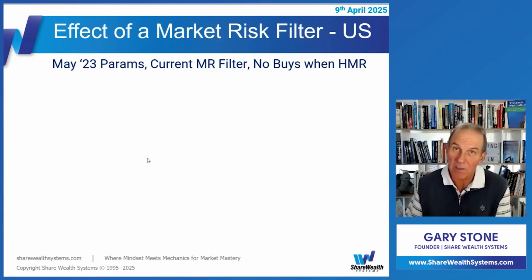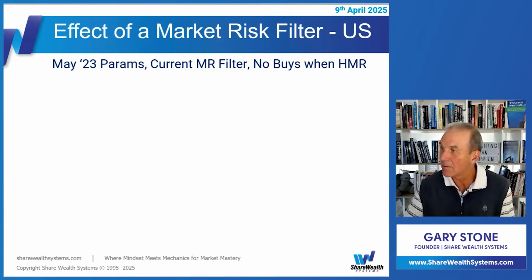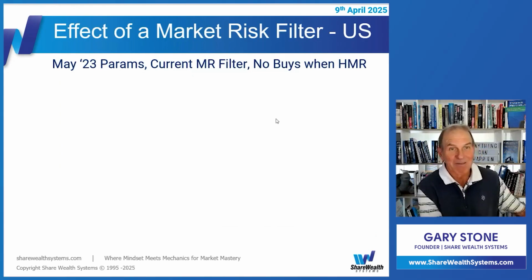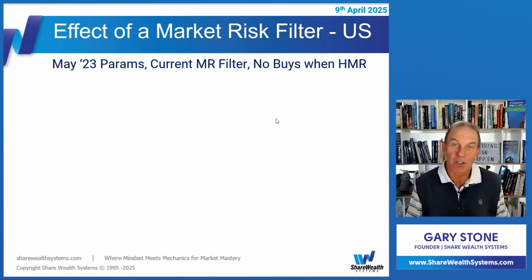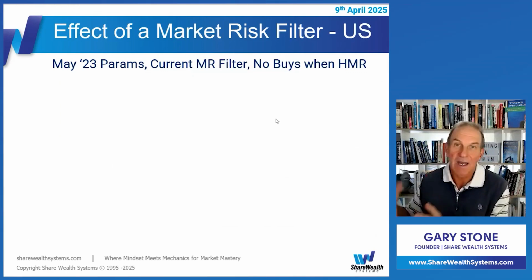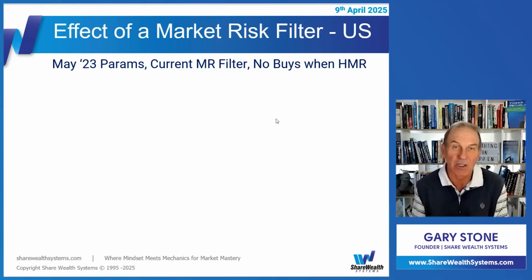Okay, now let's have a look at what I mean by May 23 parameters. Remember, in May 23, we re-researched the SPA3 Investor parameters, and we released those. So what's happened with the public portfolio is we had a set of parameters coming into the first 7 years or so of the portfolio, and for the last nearly 2 years, we've had a different set of parameters.